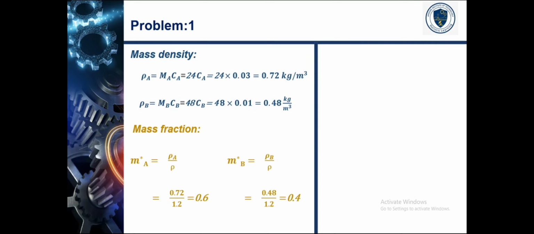Now we move on to finding the total pressure of the system. To find the total pressure, the characteristic gas equation is to be written, that is PV = mRT. If you rewrite the equation, P = (m/V)RT. Here m/V is called density, so P = ρRT. So ρ is called the density of the mixture.